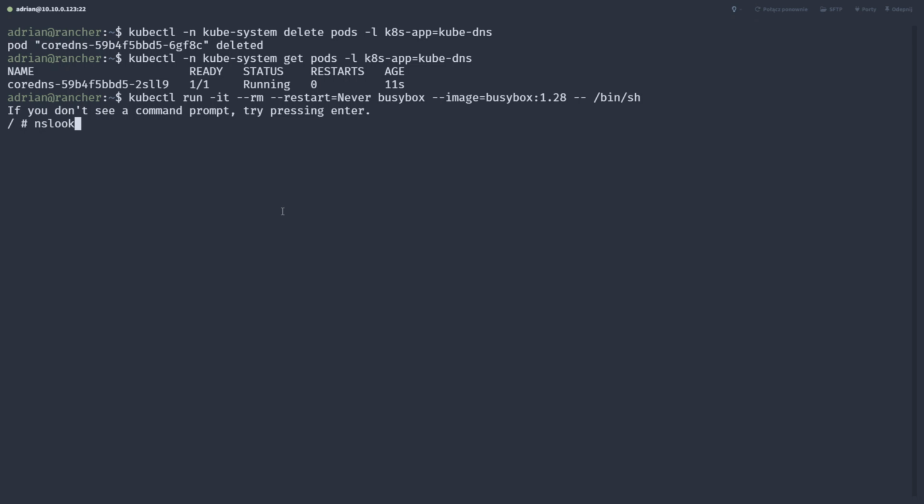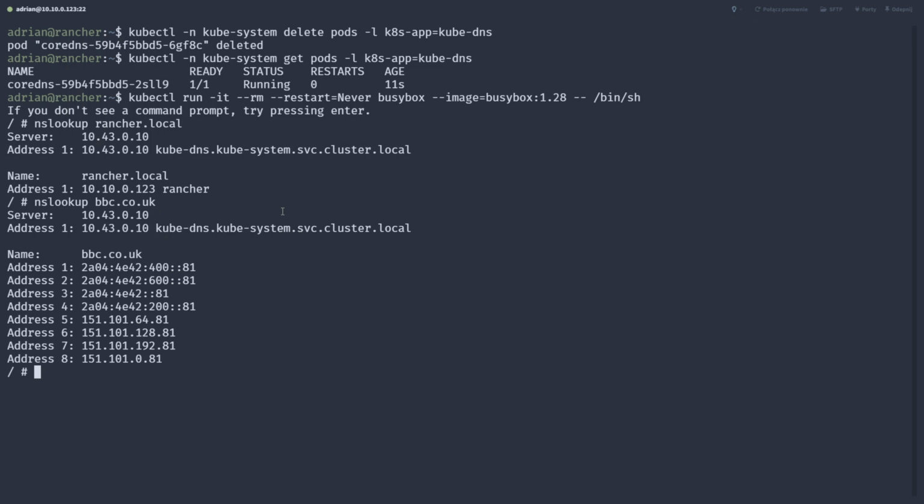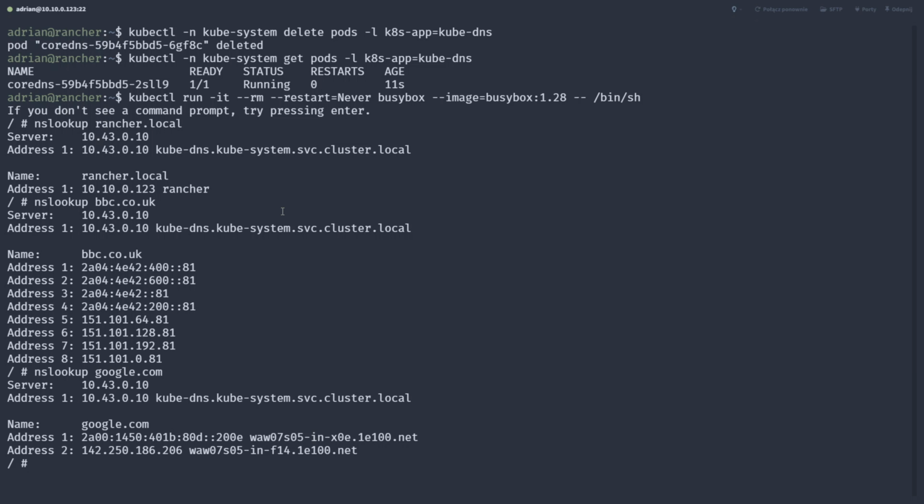Okay, nslookup, and let's say rancher.local, and here we go, it is working. Also we can check nba.com, why not, or bbc.co.uk, right? And this one is working too. Okay, and what about, I don't know, just google.com, it's working. And let's say I would like to also test my internal domain that I'm using only in my home lab, so it will be something like this,